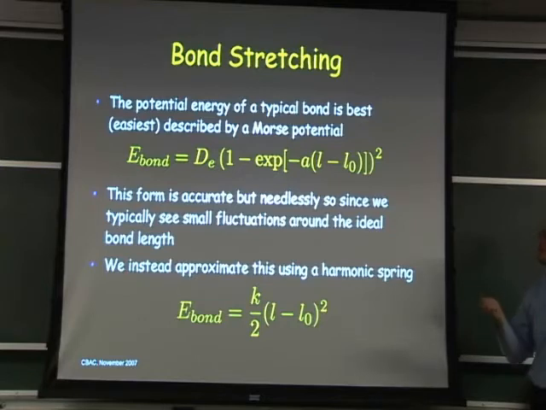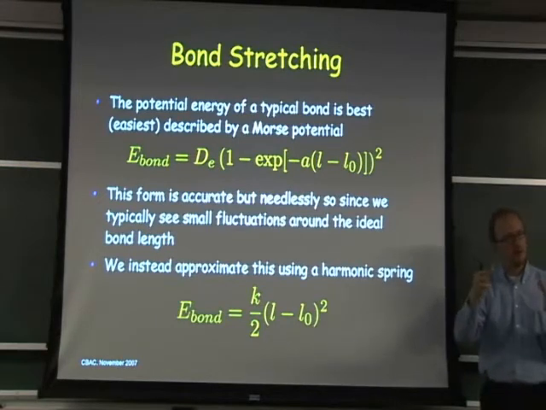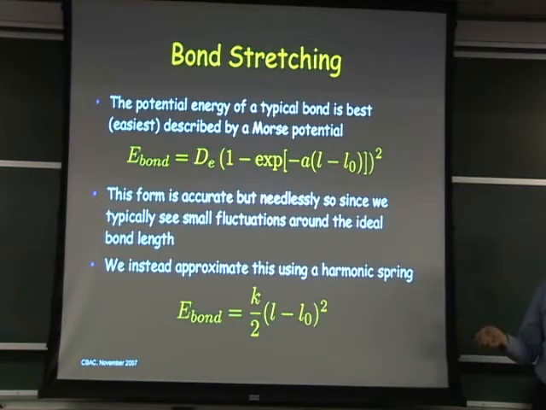This has several advantages. Every time I have a configuration, I need to calculate all the forces on my atoms. I don't want to calculate an exponential and then square it to back out all of these complicated interactions. If I can get away with using something as simple as a quadratic, and if I need forces, I don't even need to differentiate it numerically. I can differentiate right here.